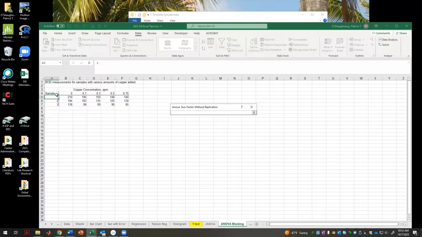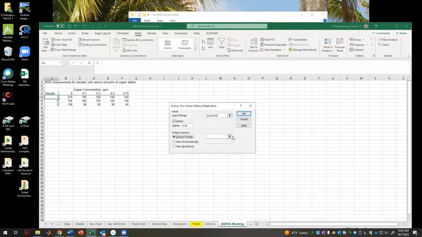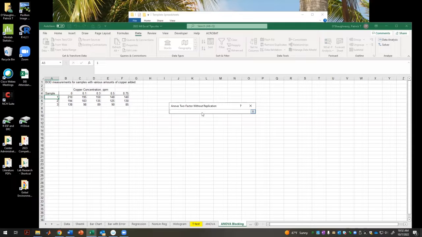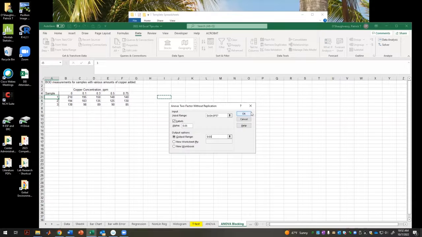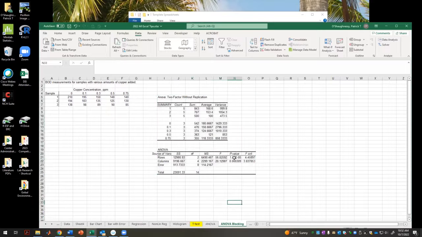Input range, let's try everything here and see what happens. I believe so. Put in labels. You can see that it's just clicking your way through in terms of getting a result super fast. So now I'm looking at the p-value. I care about copper concentrations. That's the column values in this case. And yes, they are significantly different from each other. And I know I'm ripping through this, but I'm just letting you know, okay, let's go to the